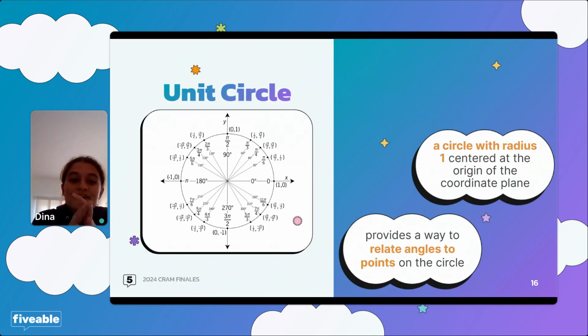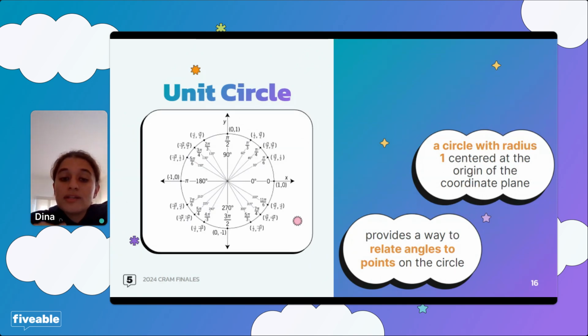On the next slide, we actually see this big thing is the unit circle. So the unit circle is actually really important to know for your AP exam. Basically, it's just what every single trig problem is made from. And a unit circle, as I've already said, has a radius of 1. And this basically gives you a way to go from angles or radians to points on a unit circle. So on this unit circle, we can see an x and a y coordinate.